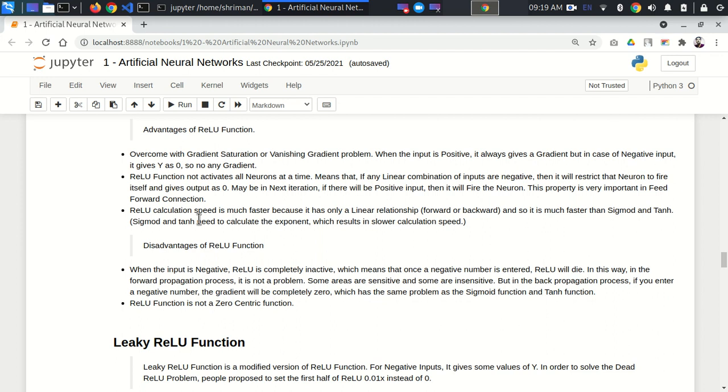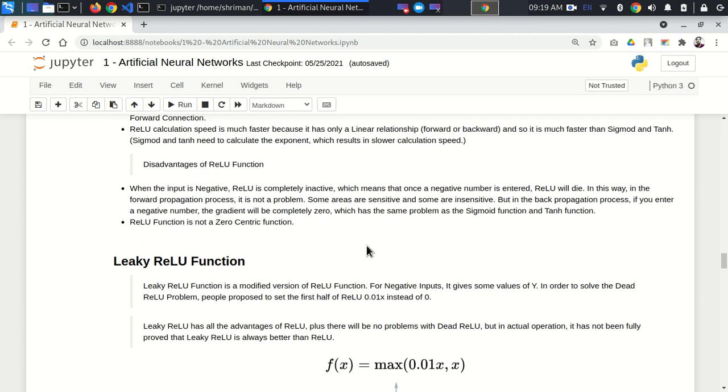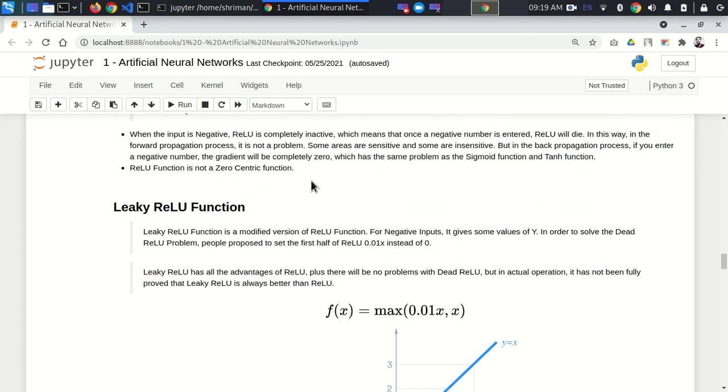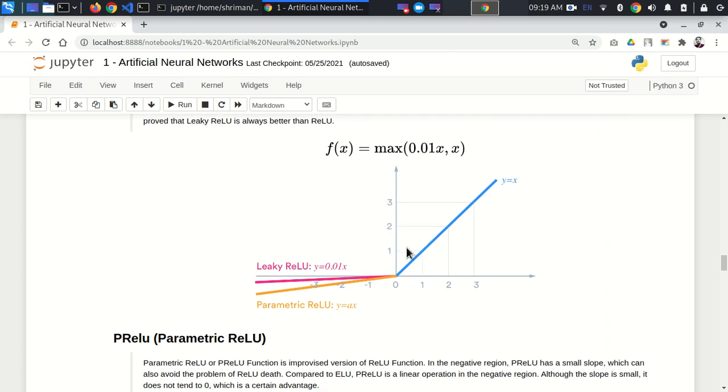Now people have derived a new function on top of this ReLU. They have modified ReLU and released Leaky ReLU. What does Leaky ReLU mean? This is the Leaky ReLU function, right? For positive input it will be the same as ReLU, but for negative input, ReLU goes along this line. Here in Leaky ReLU, we are not going to get this kind of dying problem. We are going to get some kind of inputs here, maybe some kind of changes also.